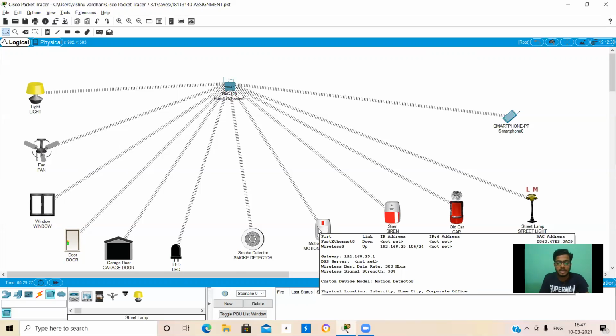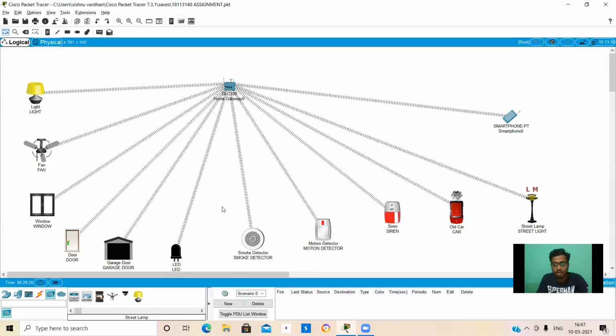The siren has started ringing and the garage door is automatically open. And now the motion detector is off. The motion is not there. So automatically the siren has stopped, and the garage door is also closed.